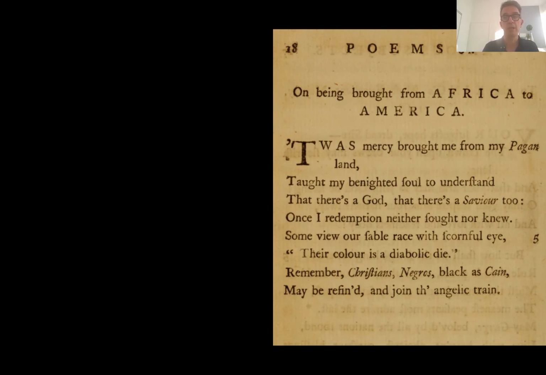The early reception of this poem by African American critics in the early 1970s was characterized by one of disappointment. This was not a poem that is easy to read as anti-slavery. It sounds like she's saying it's actually good that I was enslaved because it allowed me to become Christian. And by the way, white Christians, you should understand, says the poem, that Black people are also going to be going to heaven if they become Christians, right? So it seems to be a kind of missionary poem without any criticism of slavery and certainly no anger expressed